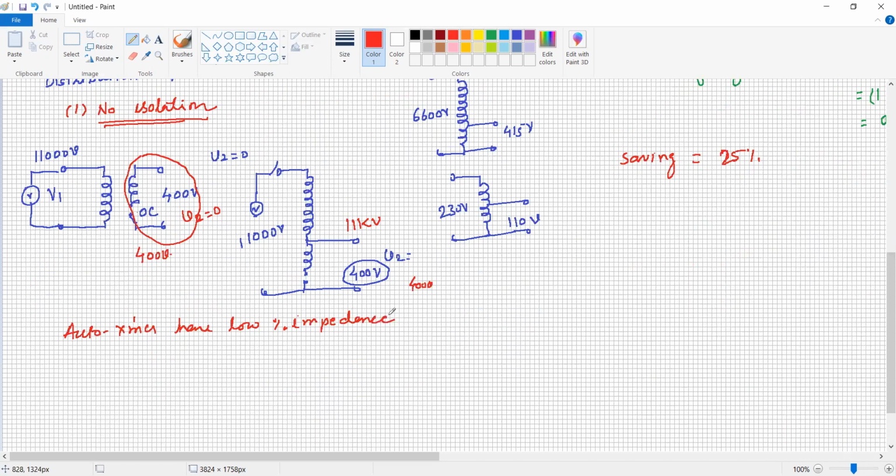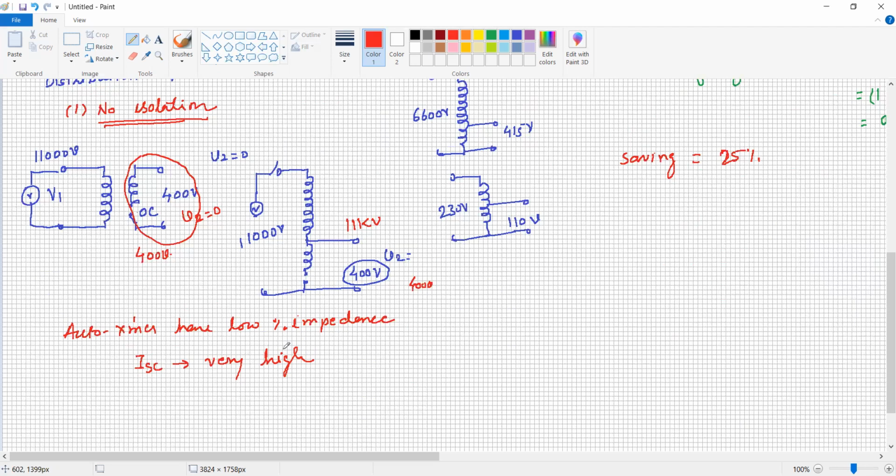When there is a low percentage impedance, whenever a short circuit occurs, the short circuit current is very high. So a very high short circuit current is going to flow under the fault condition. This is one more disadvantage, and hence the auto transformer is not used